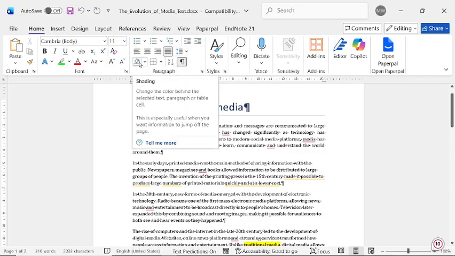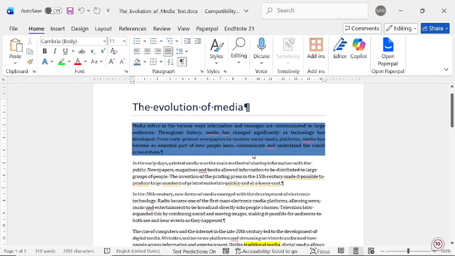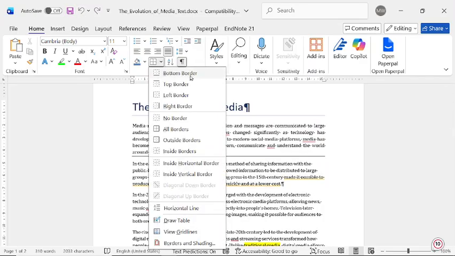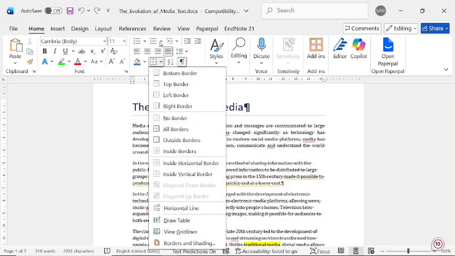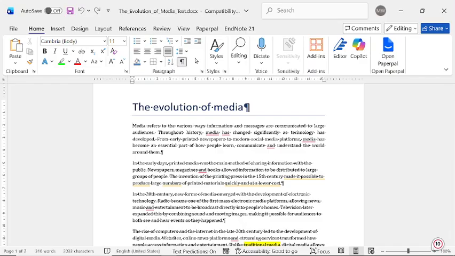Then from there, we've got your shading options for your paragraphs, such as if we want to add a shade to the back of it. We can add all of our different borders. We can make it so that our paragraphs are sorted. And then a key thing that I want to end off this video with